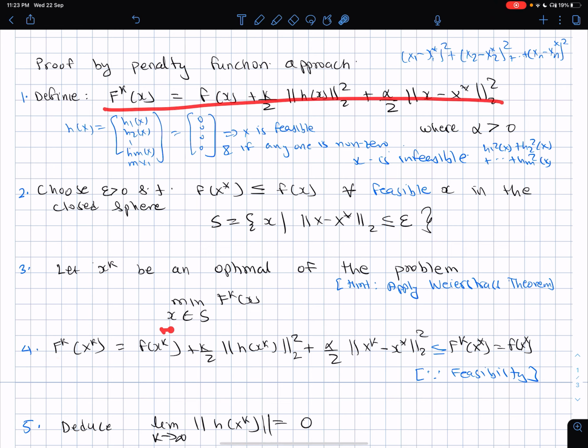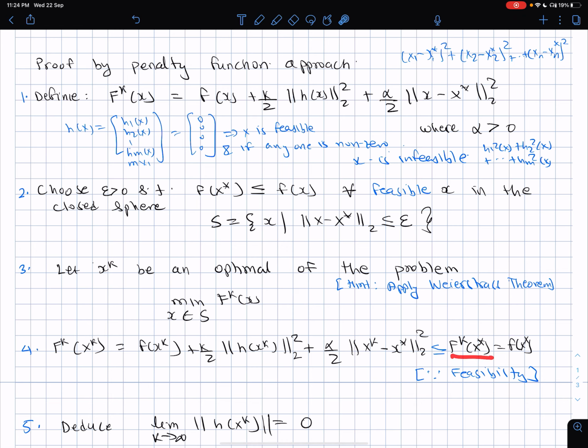So if you evaluate fk at xk, which is a global minimum of this problem over the set S, then two things come to mind. No other point in the set S will beat this value, right? And x star is the center point of this sphere, so it is always feasible. So fk of xk will always be less than or equal to fk of x star, because xk is the global minimum point for this constrained problem. x star could also be a global minimum point or it may not be. So this value is greater than or equal to this value.